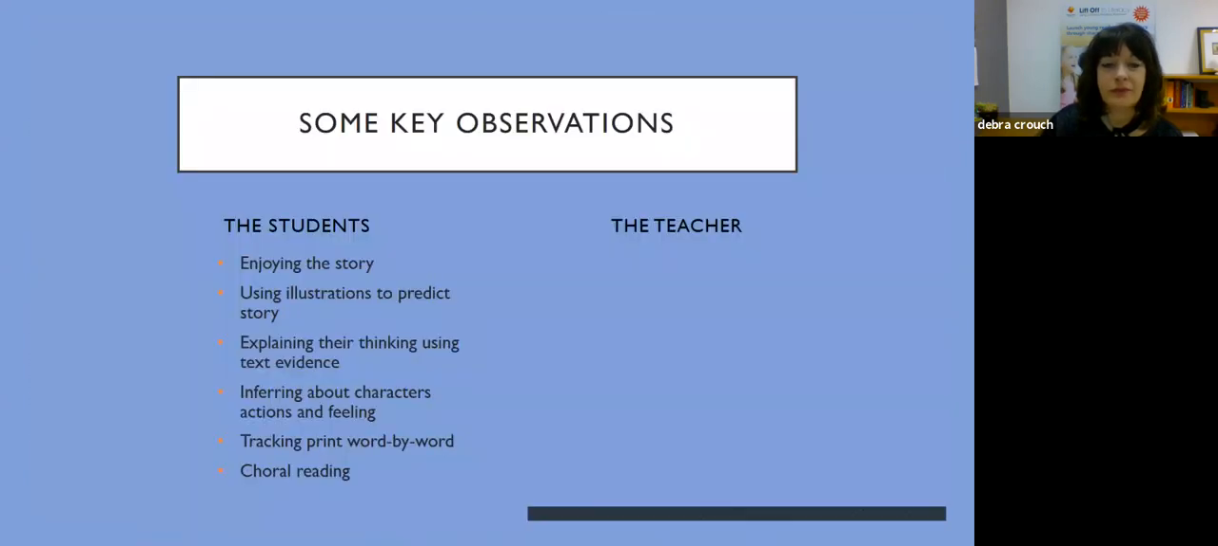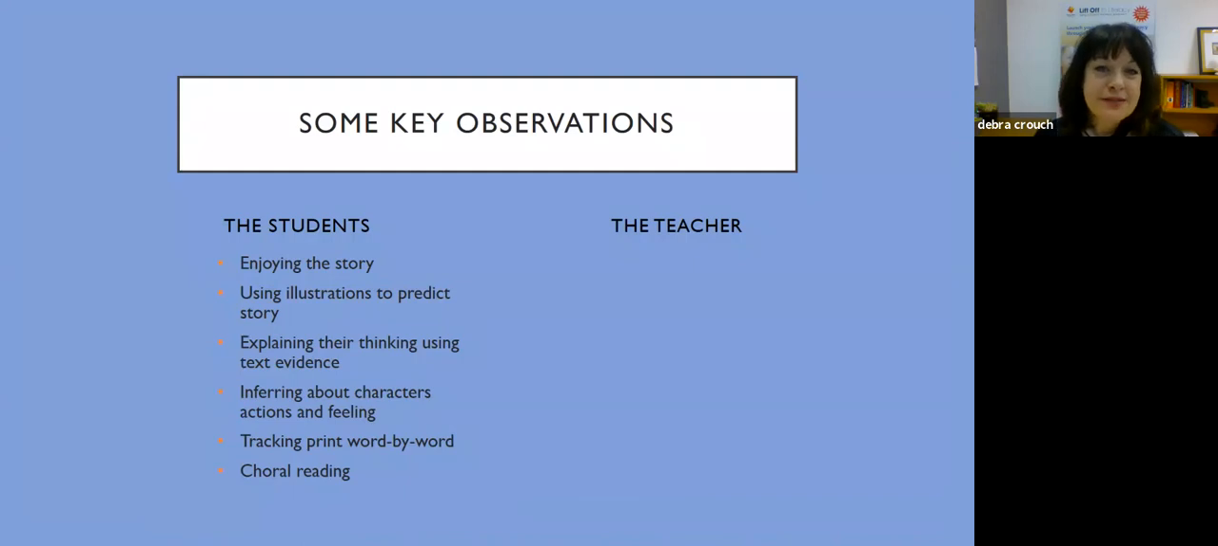So at this point, were you with me? We would stop and have you talk, but since you're not, some of the key observations that I make when I watch this is how much the kids are enjoying the story. They're using the illustrations to predict the story, and they're really attending to the details that are there in the illustrations. They use that to explain their thinking, so they really are noticing what's going on in the